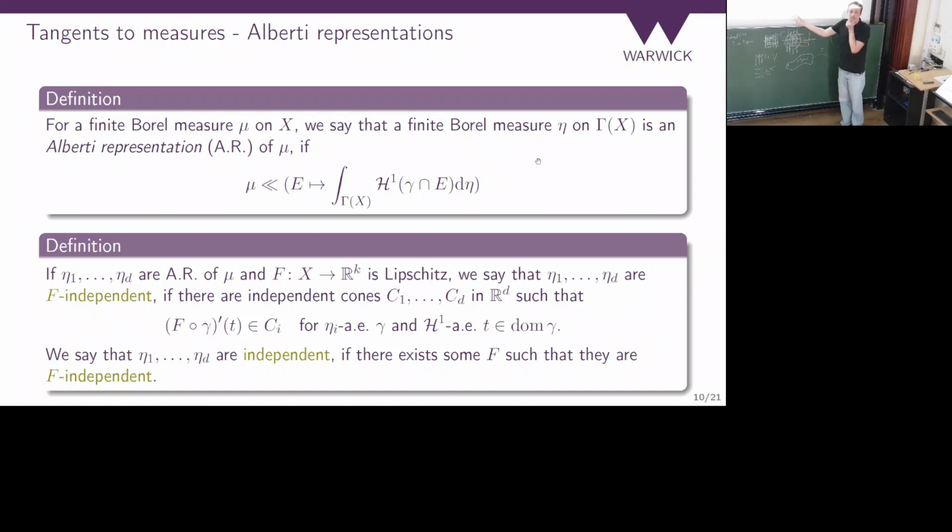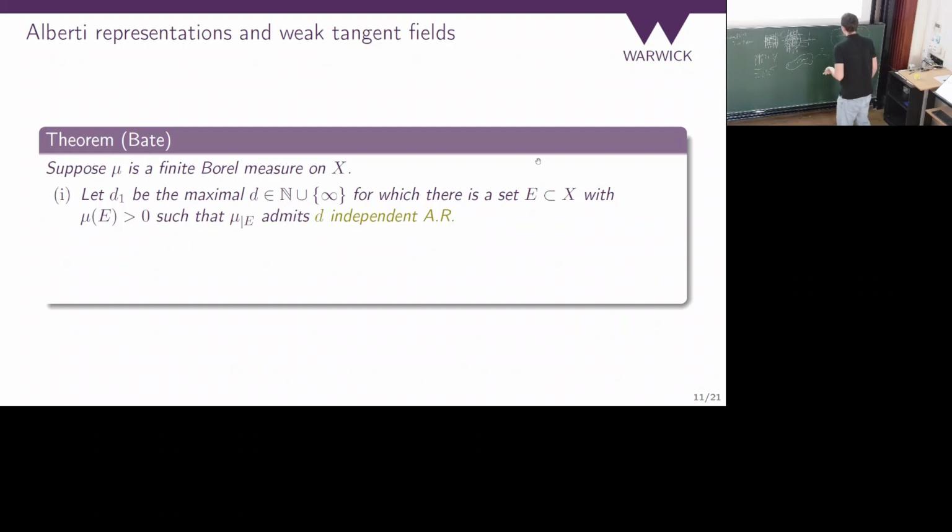And again, this counts the number of directions, right? Instead of counting the number of directions in which there are curves, it's counting the number of directions in which there are measures over curves. So eta1 is nicely defined just on curves going inside a beautiful cone, so they just keep going in one direction, more or less, and then I can have multiple of those directions, and I calculate the maximum number of those. And converse to before, where if I have a d-dimensional weak tangent field, I also have a d plus 1 dimensional one, here, of course, if I have d independent Alberti representations, I also have d minus 1, because I can just throw one away. So these two things are going against each other, but if we're working with measures, they are related.